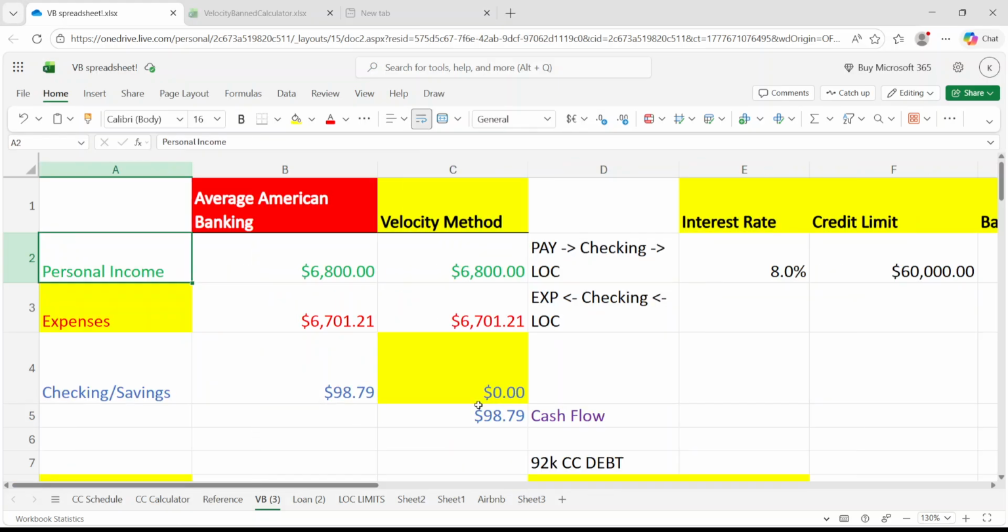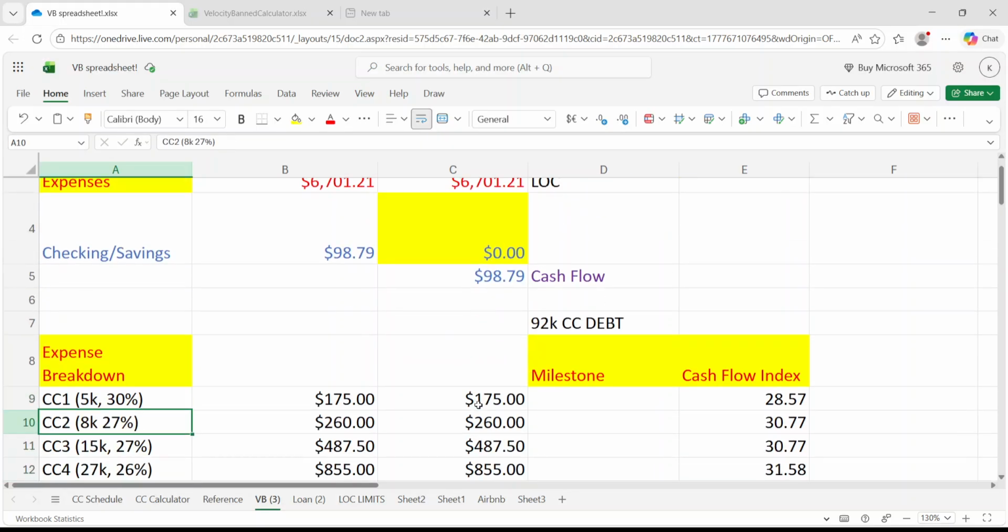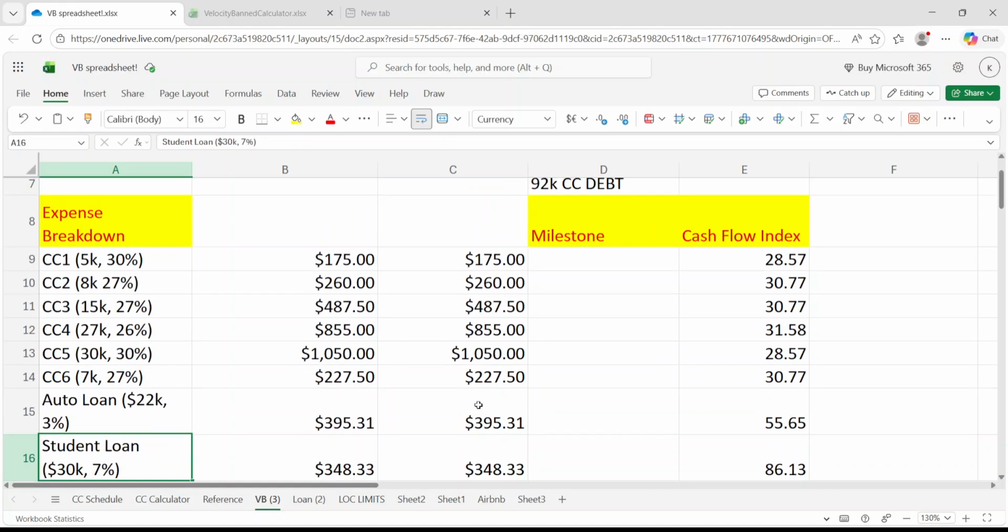And technically, a credit card is a line of credit because you can swipe it, pay it back, and then use it over and over again. What's funny is sometimes I go on TikTok and there are people who say, well, I'm not going to pay the credit card back because I have other expenses I need to pay for, like electricity, gas, insurance. But a credit card or a line of credit is a revolving tool, meaning